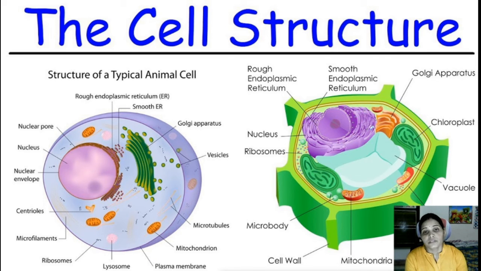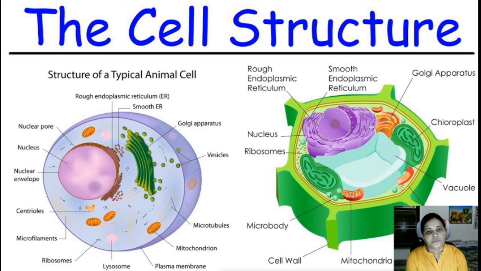Another important part present inside the plant cell is the cell wall. Cell wall is an important part that is not present in the animal cell. And one question may arise in your mind, why is the structure of a plant so rigid while the structure of an animal is flexible. The main answer is that there are pectins found inside the cell wall.